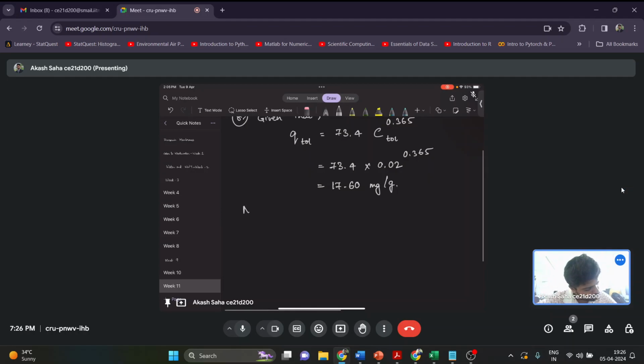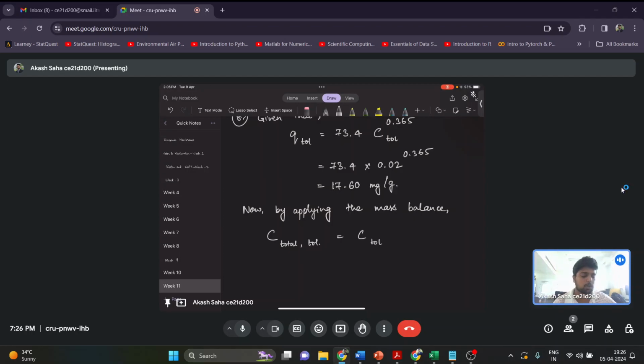So now by applying the mass balance, we know that the concentration of total toluene will be equal to the toluene in the system plus some kind of adsorption. So it will be Q toluene into the